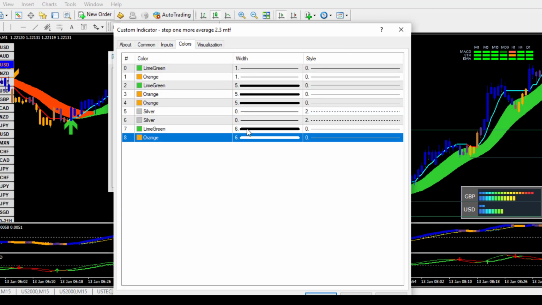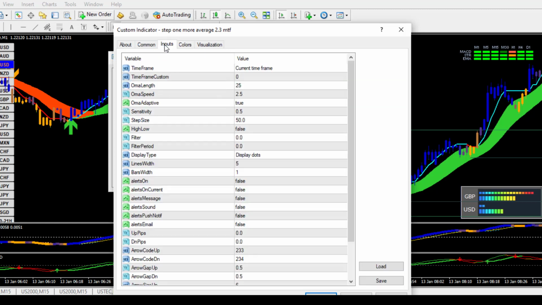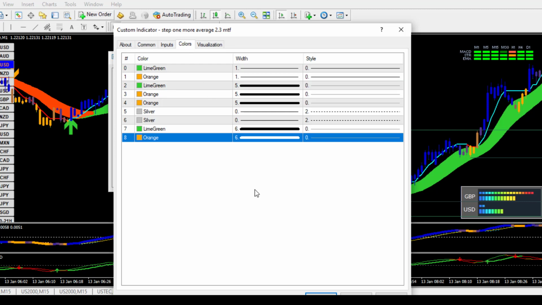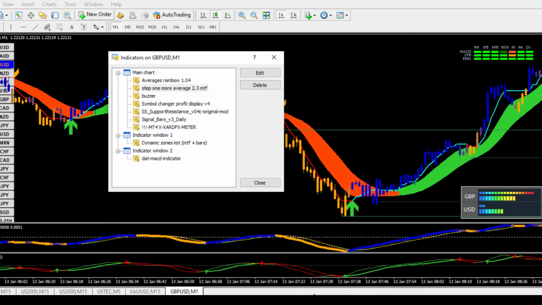And these are the colors for this particular indicator. Just make sure you enter it accordingly. And the other indicator here, the third one on my screen,